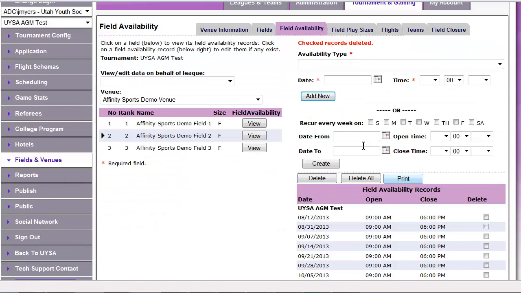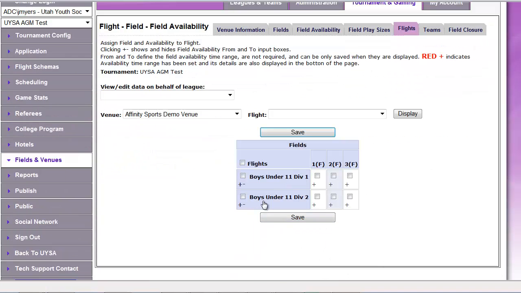Once I have my field availability records, then I click on Flights and I assign which flights I'm going to schedule on this particular field. So if I say I'm going to schedule Affinity Sports demo venue on boys under 11 for field number 1,